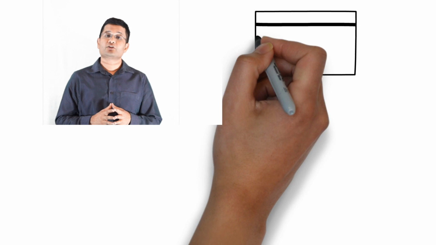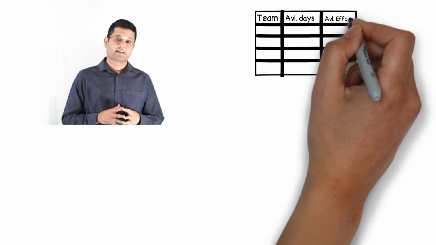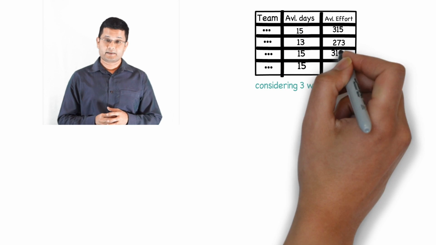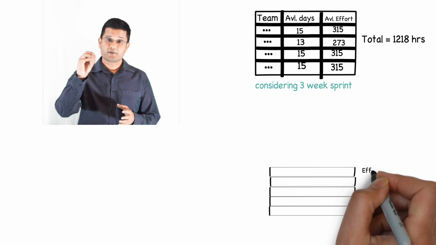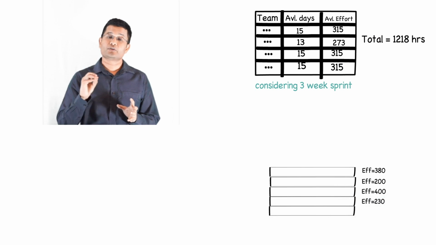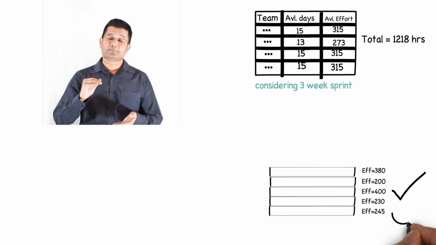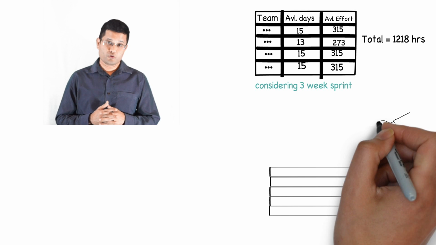Once the estimation of the backlog items is complete, the team will then identify what is the available effort that they have for the sprint. Once they have identified their available time, the team would pick up those backlog items from the top which would fit into their available time. Those PBIs which the team cannot fit into the current sprint would be communicated to the product owner and there